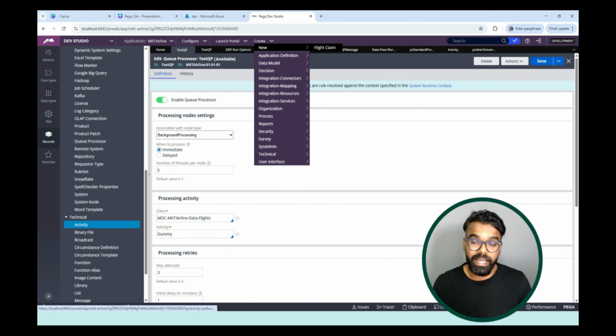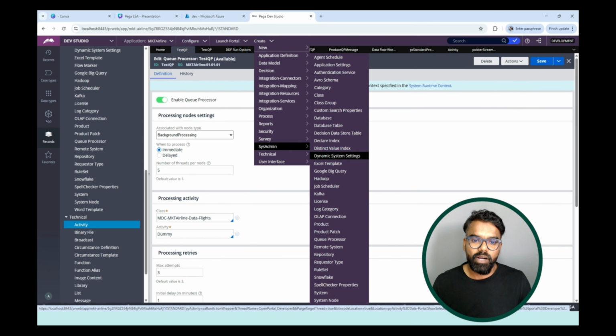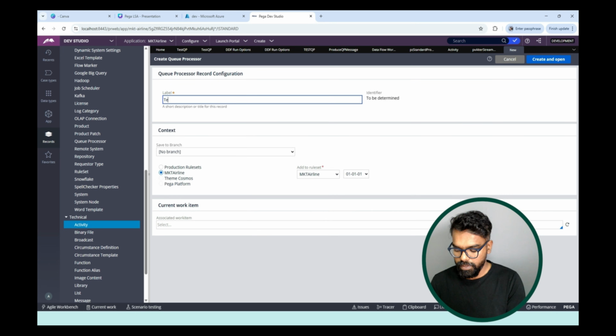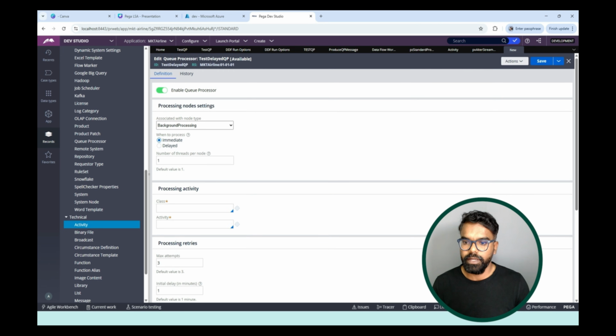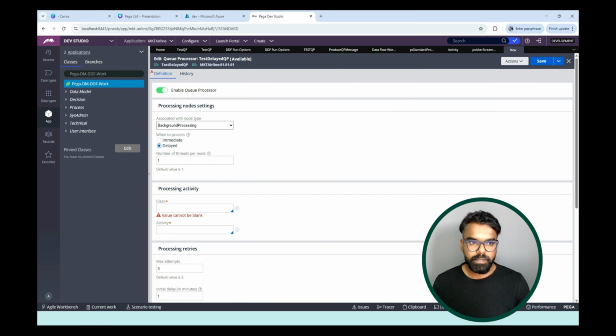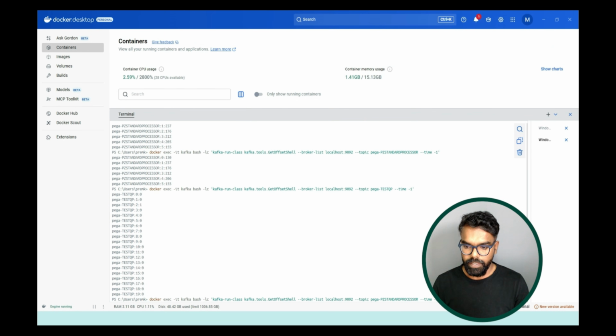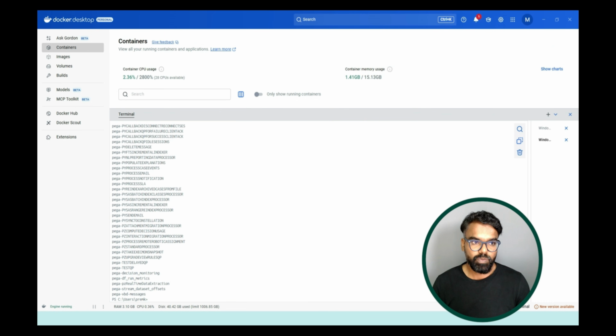So for this, I'm going to create another queue processor of type delayed queue processor. So let's go to the queue processor and then say test delayed queue processor, and let's create one. Let's call it delayed. I'll try to use the same class here. Okay. Again, this is going to create a new Kafka topic, test delayed queue processor, and then you are